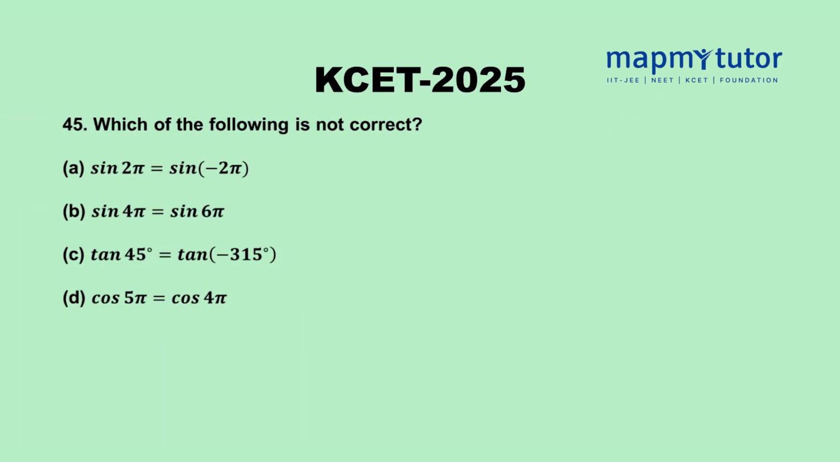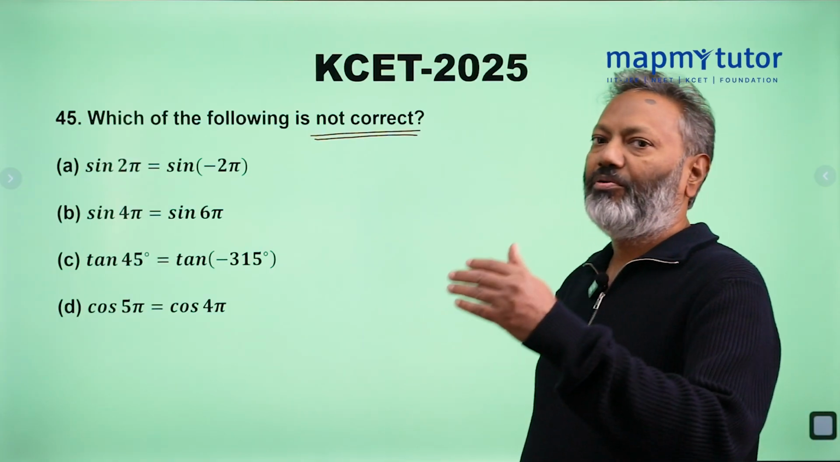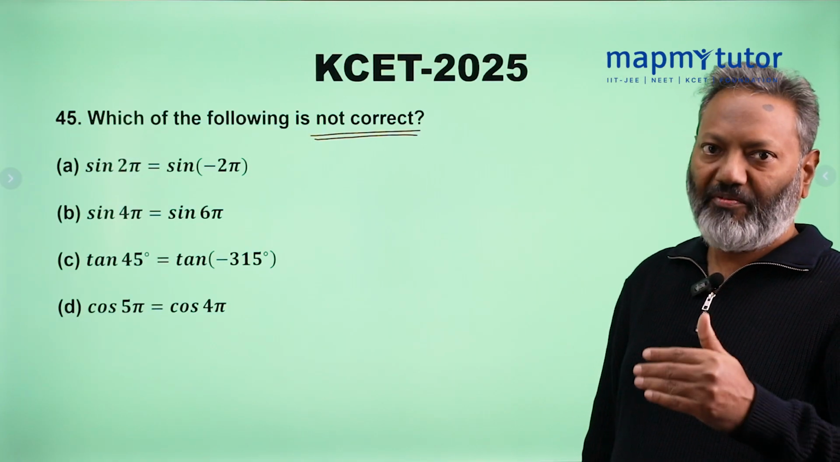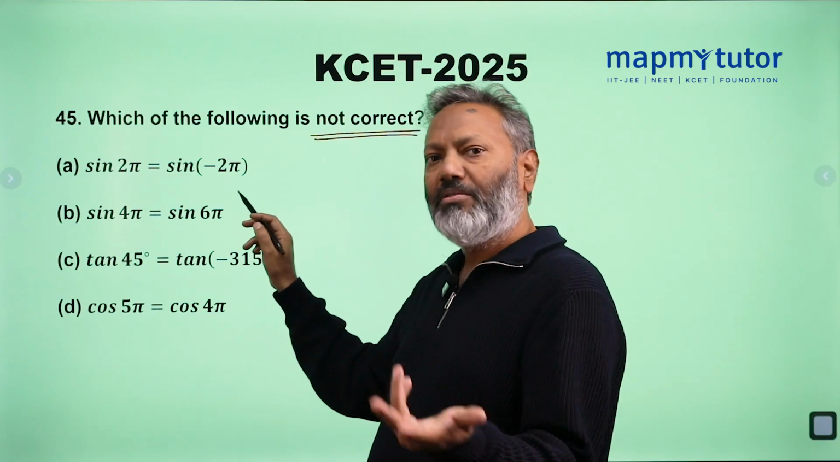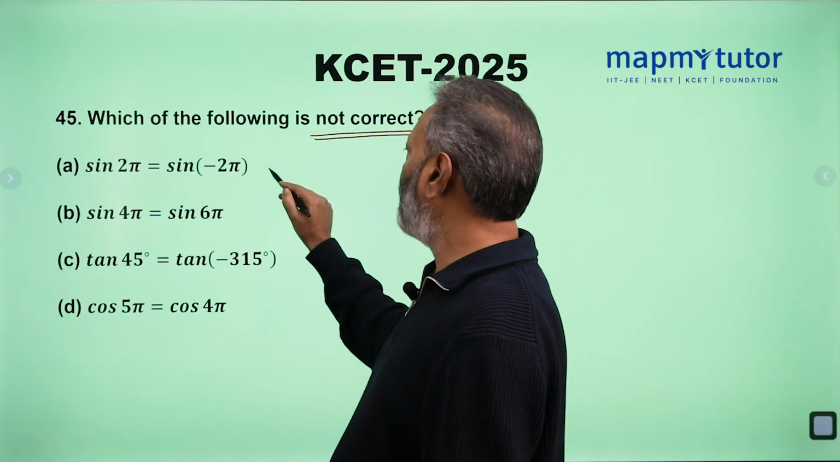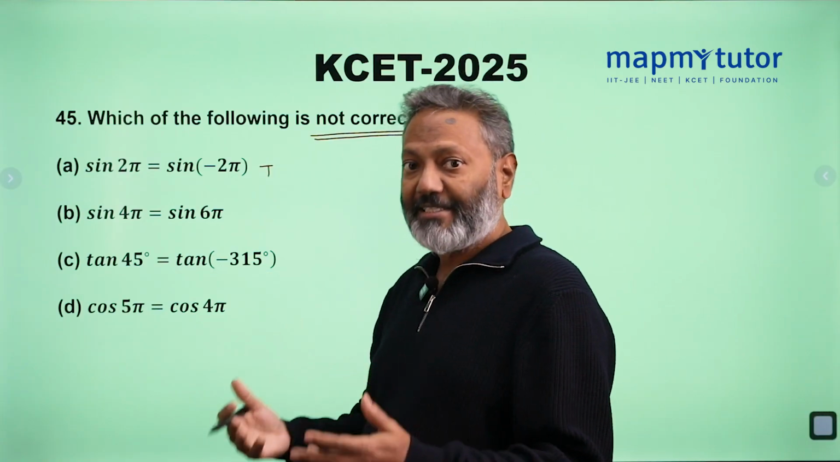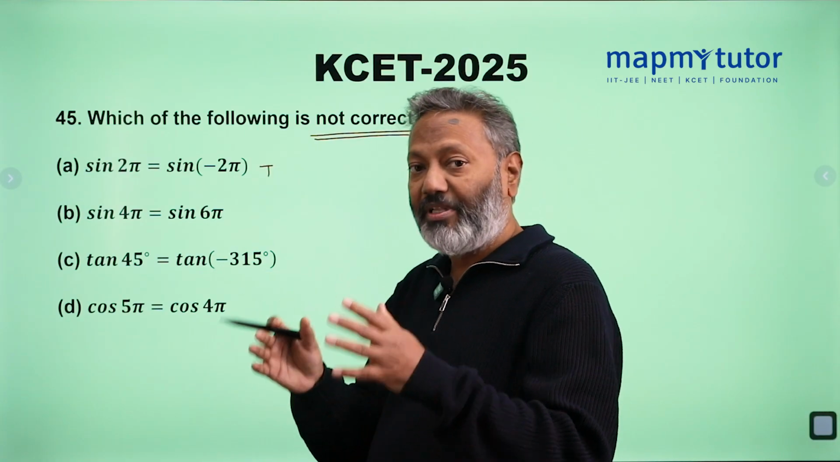Which of the following is not correct? Focus on this, not correct. So, we have to go by verification, one by one. Sine 2 pi is 0. Sine minus 2 pi is 0 again. Therefore, this is true. That means it is correct, but it is not our option because we need a not